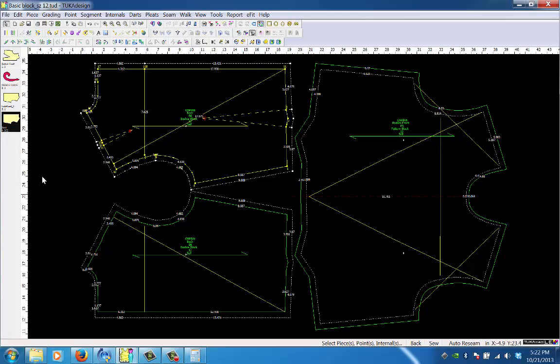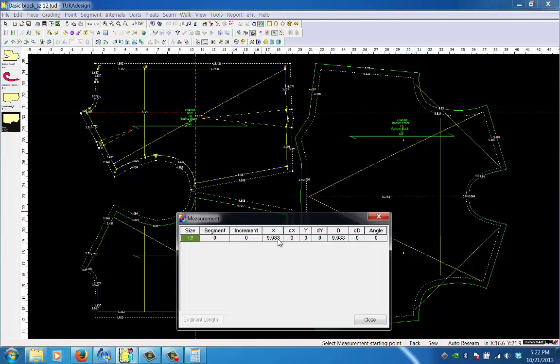So what I frequently do to just check that sleeve drop here is that I bring in 2 guidelines, from the high point shoulder down to the bottom of the armhole, and then I can measure, and this one's coming up with 9.983, and you can check it on yourself. And so you can just double check to make sure that that is indeed a deep enough armhole for you. If you find that it needs to be a little bit deeper,